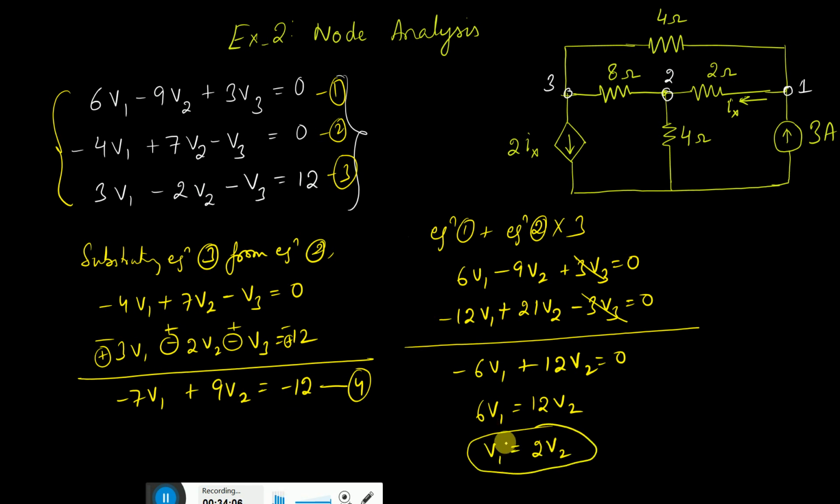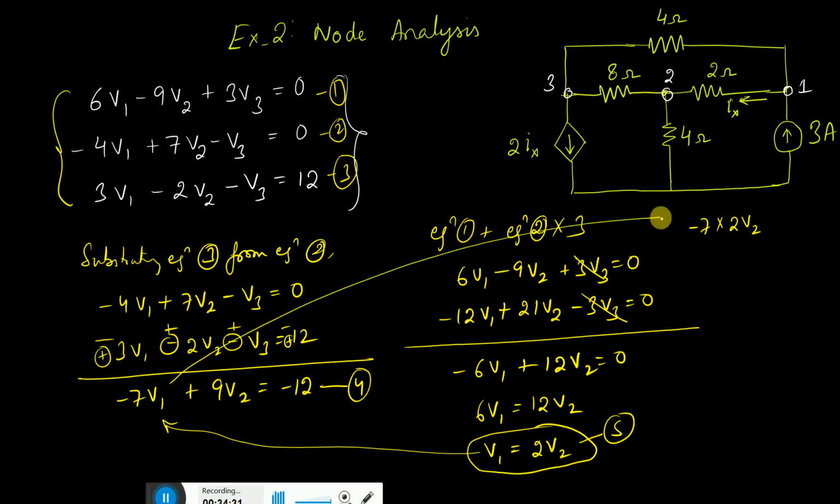We are trying to solve it in an easy way, but it takes a long time to solve these equations. So we get a value of V1 and V2, so substitute the value of V1 in this equation. I'm just writing this, let us say equation 5. So from equation 5, substituting the value of V1 in equation 4, you have got minus 7 into 2V2. So you can see that minus 7 into 2V2 plus 9 into V2 is equal to minus 12, and